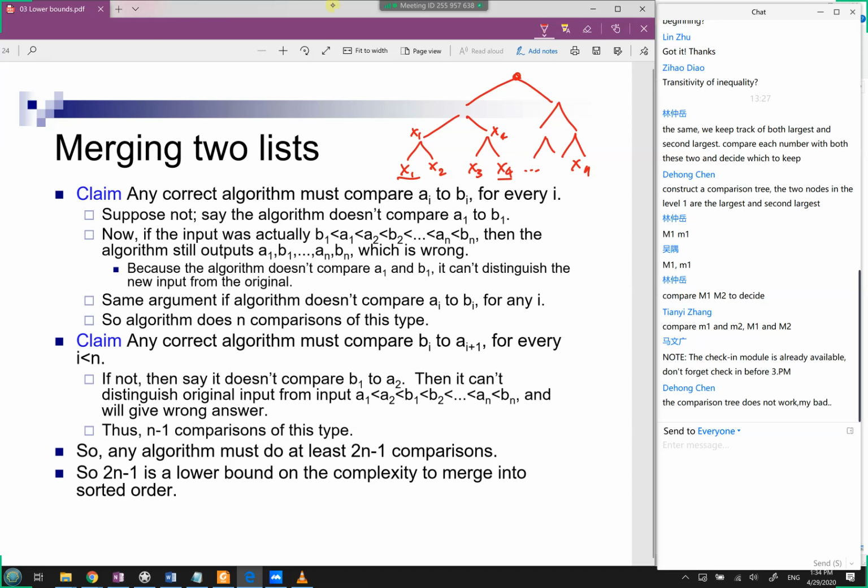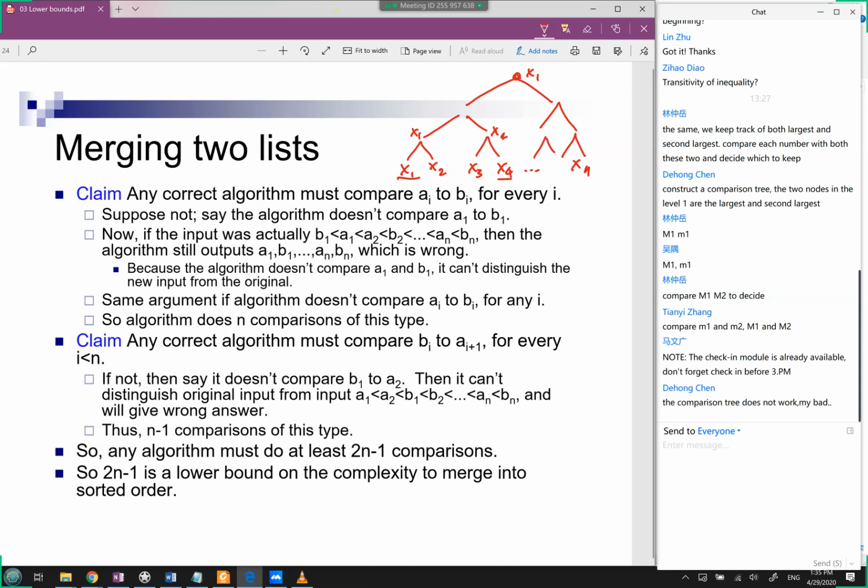All right, so let's say that x1 ended up beating all the other values. So then what you know is that x1 is the maximum value, because x1 beats all of these other values. So for example, when x1 beat x4, then you also know that x1 is larger than x3, because x4 is already larger than x3. So the fact that x1 came out on top means that x1 is the max.